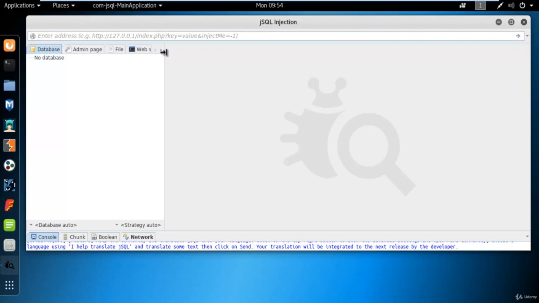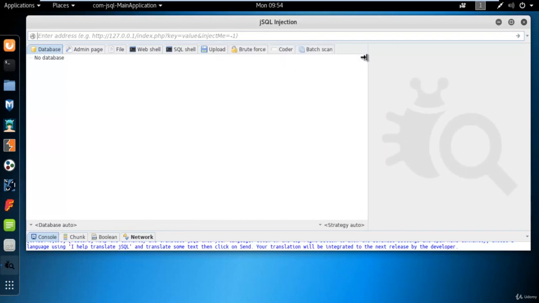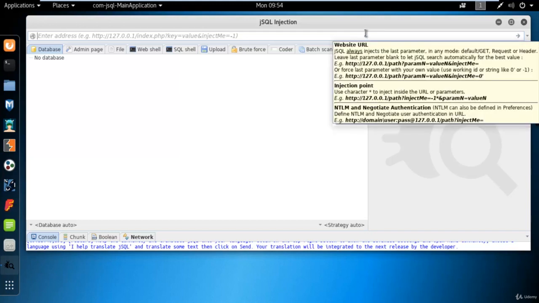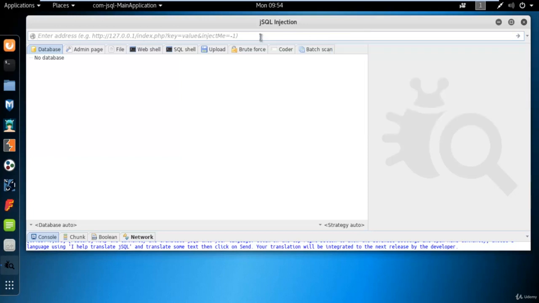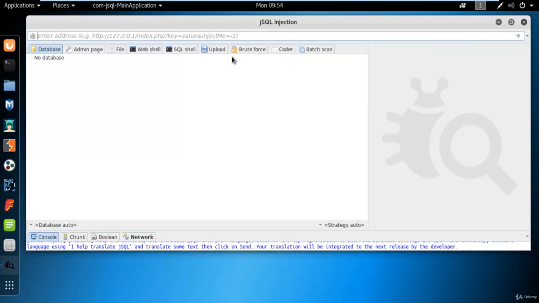First of all, it will find out information about the database, and then it will provide information about tables, then columns, and then the data. So we will start with the address here. First, we need to find out the address of a website. Address means a kind of page link. We will paste it here, and then click on this arrow button to start the process.